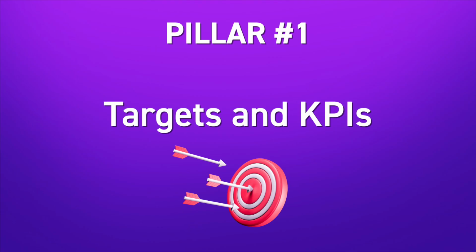I'm going to share with you the 3 pillars of my own personal capacity plan that I used to scale my business to nearly £1 million in turnover. Get these in place and you'll go from a burned out, overstretched CEO to a time-rich, laid-back leader. Pillar number 1 is targets and KPIs.